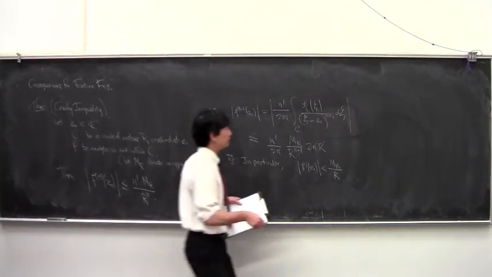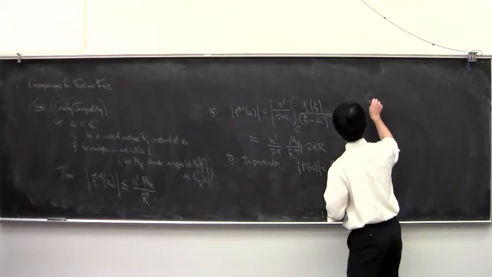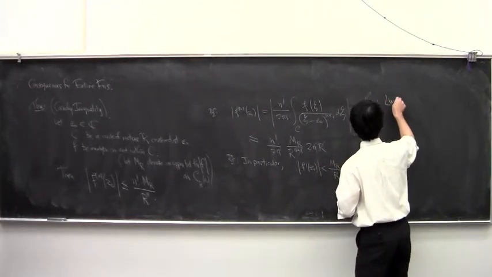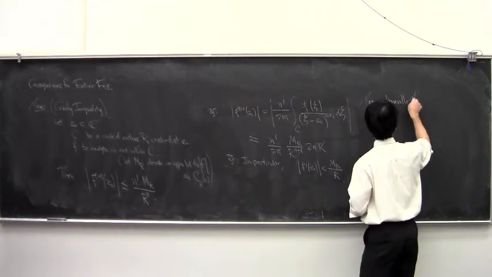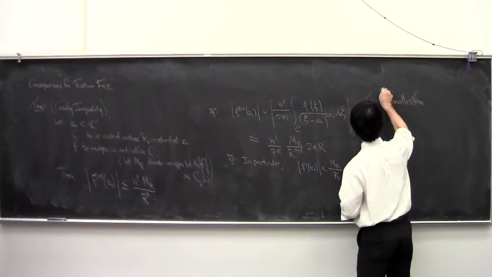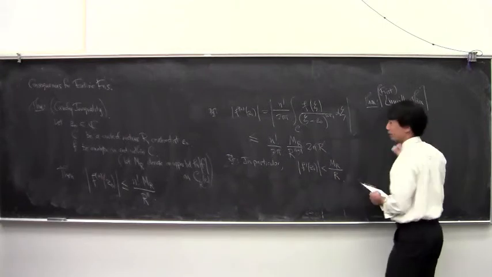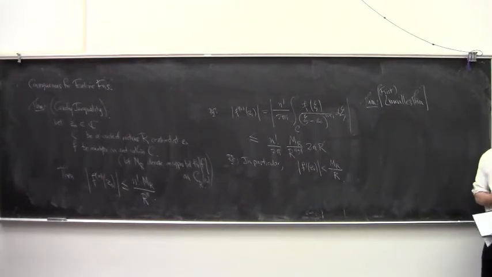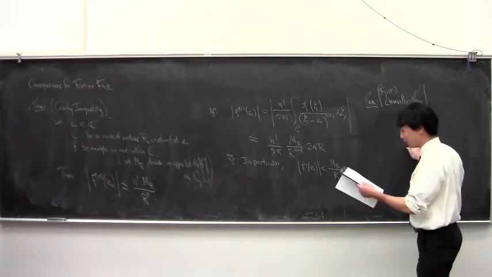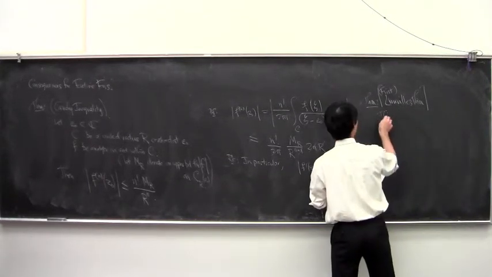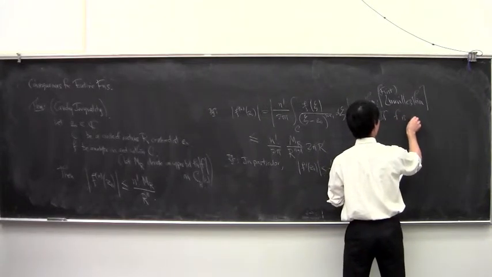So this leads to the first Liouville theorem. Like I said, that's how we say it in America, Liouville. Okay. The first Liouville theorem. If f is an entire function,